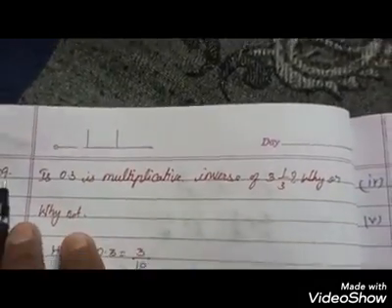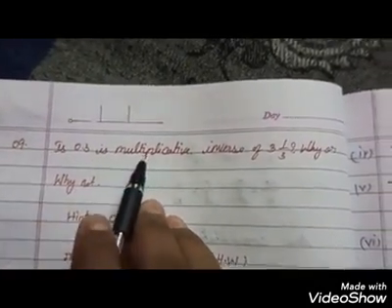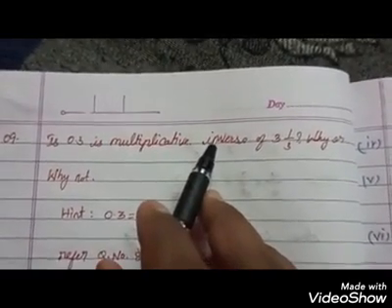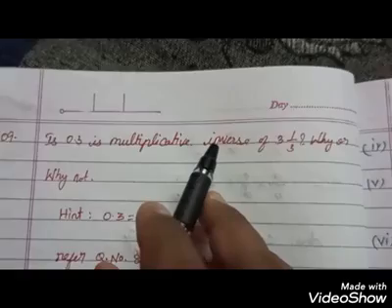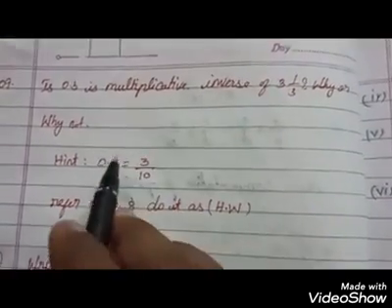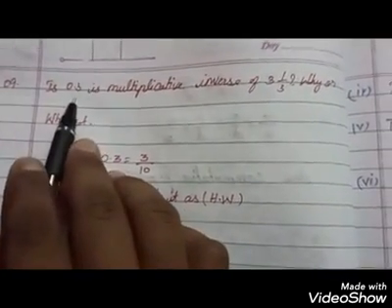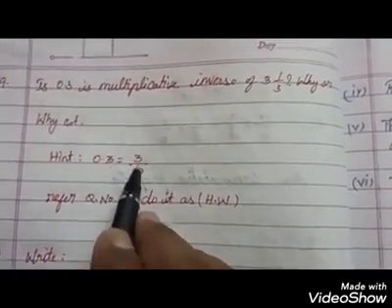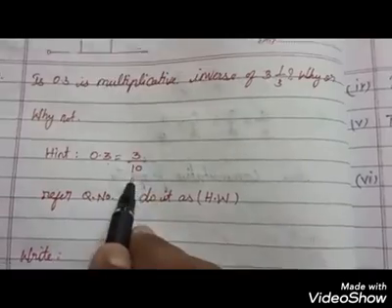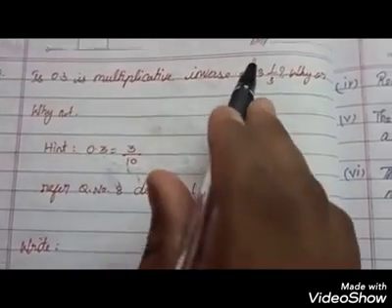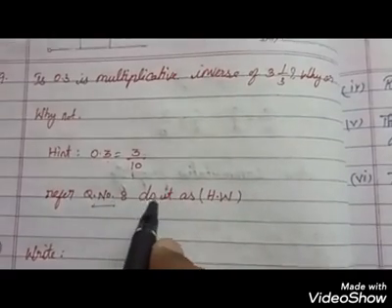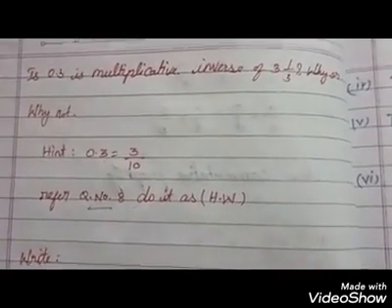So question number 9: is 0.3 the multiplicative inverse of 3 1 by 3? The same as usual, question numbers 8 and 9 use the same method. The only thing, I will give the hint: instead of the decimal number, 0.3 can be written as the fraction 3 by 10. Now you see if 3 by 10 is a multiplicative inverse of 3 1 by 3. So you have to refer to question number 8 and do this one as homework in your homework book.